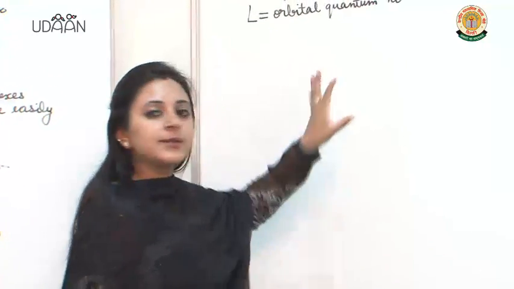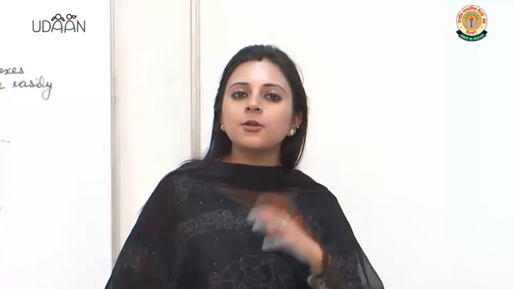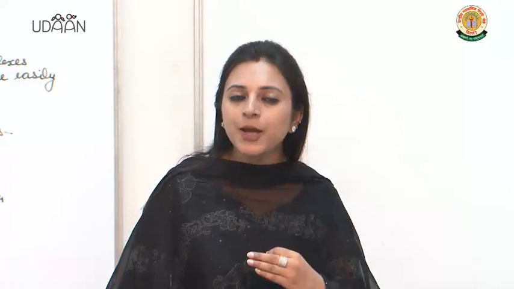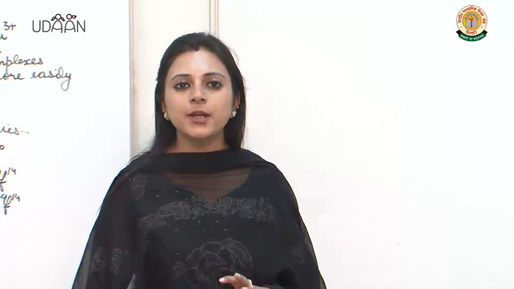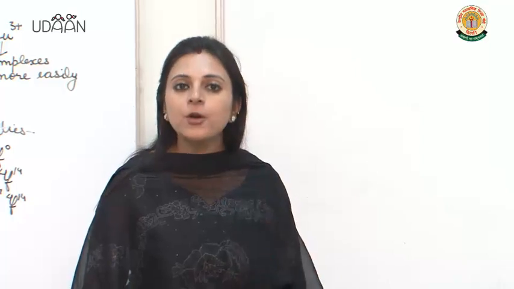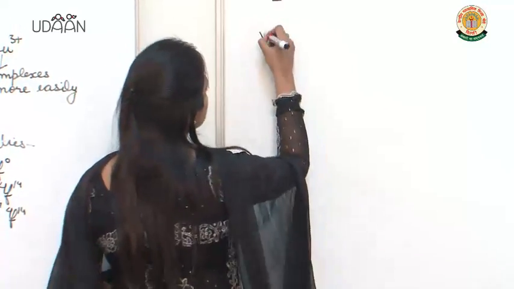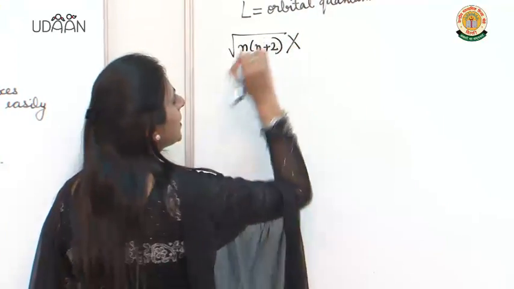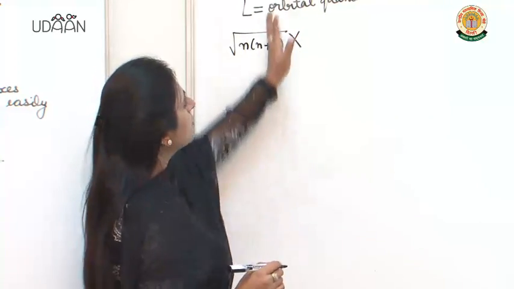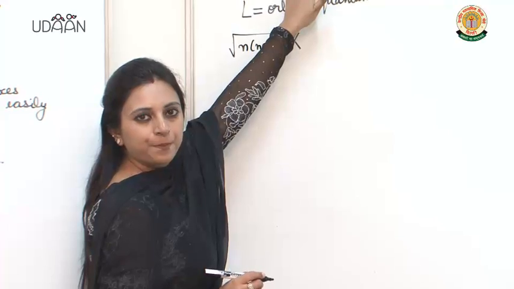of the environment. But because 4f orbitals are deep seated, they are not exposed to the environment, so the orbital quantum number, the orbital magnetic moment, does not get quenched by the electric field of the environment, so we will have to consider it also in the formula. So, the normal formula which we use for transition elements, that is n into n plus 2, is not applicable here, and we will have to use this formula.